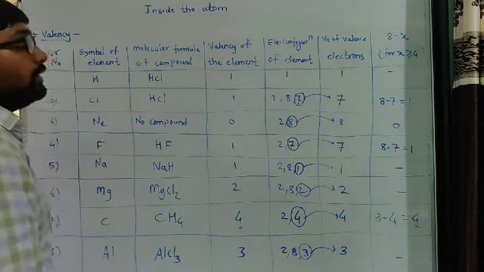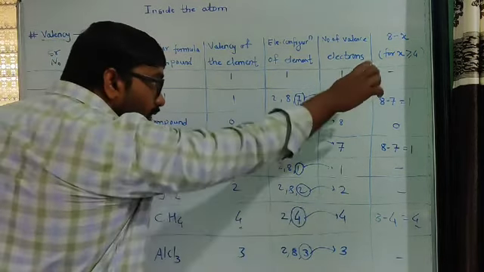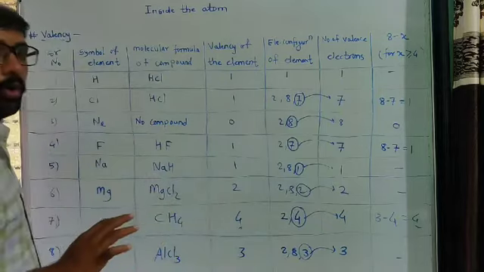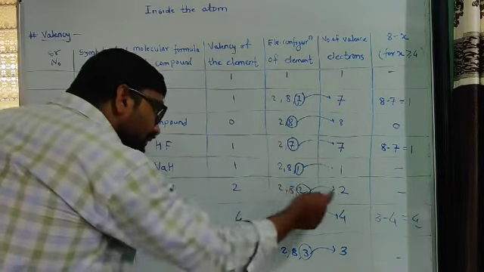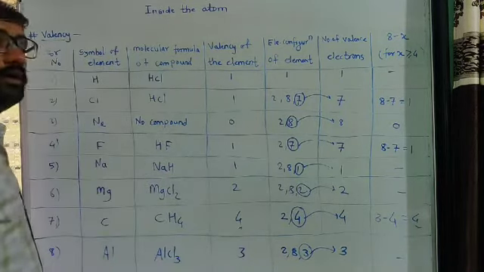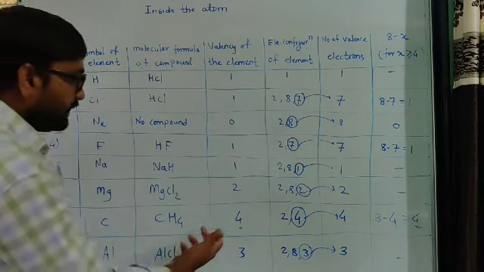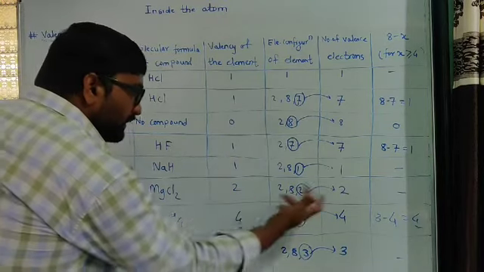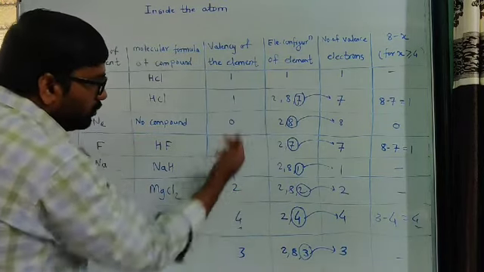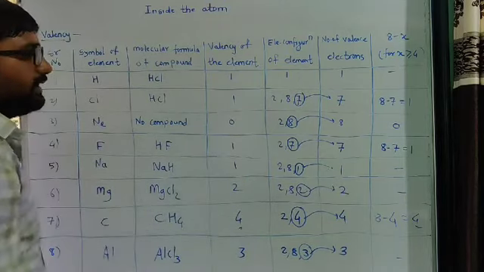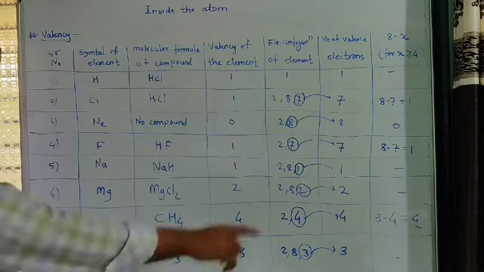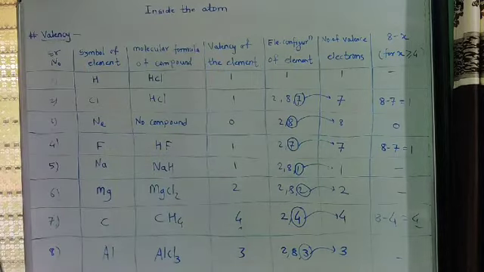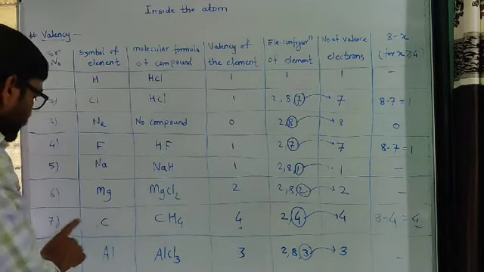Okay, so this 2 is a number which is less than 4. So that number itself is what? The valency of this element magnesium, that is how much? 2. So 2 is the valency of magnesium. Okay, no need to use that formula 8 minus x. Next is carbon.